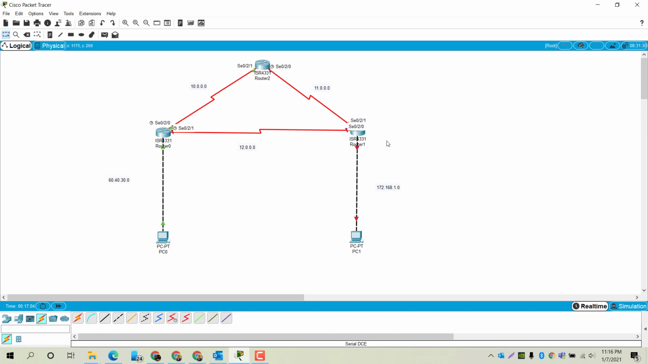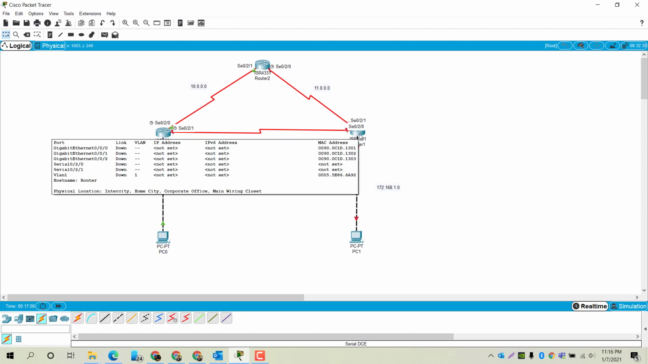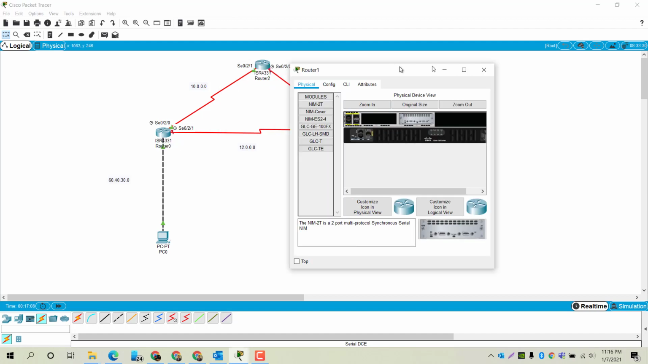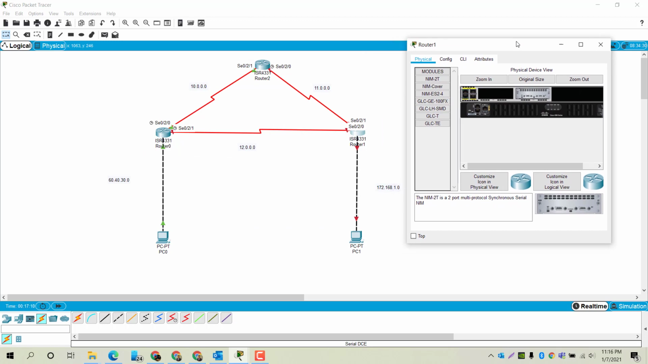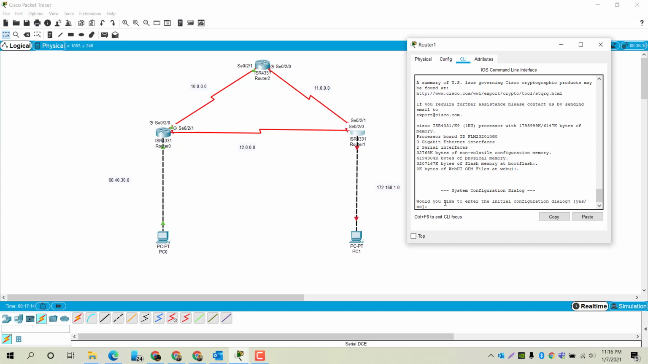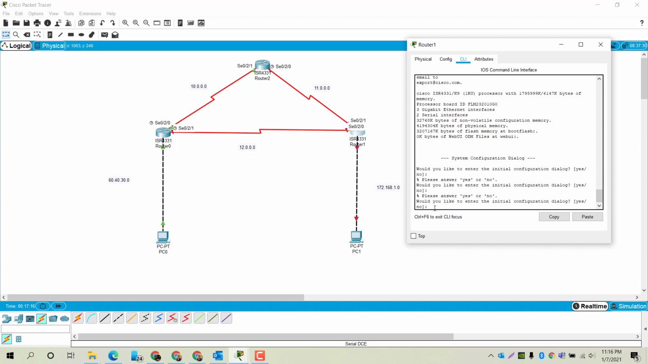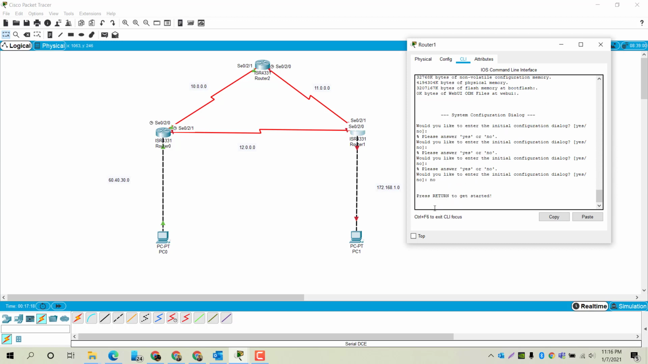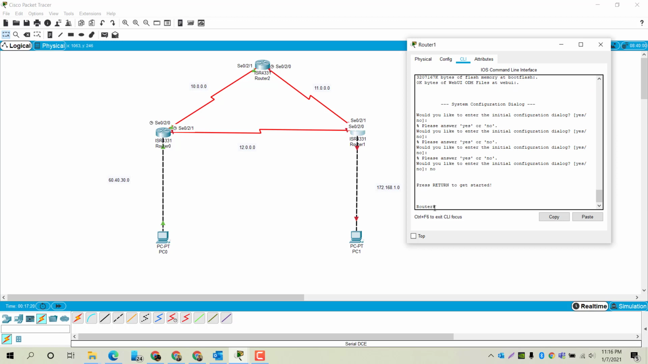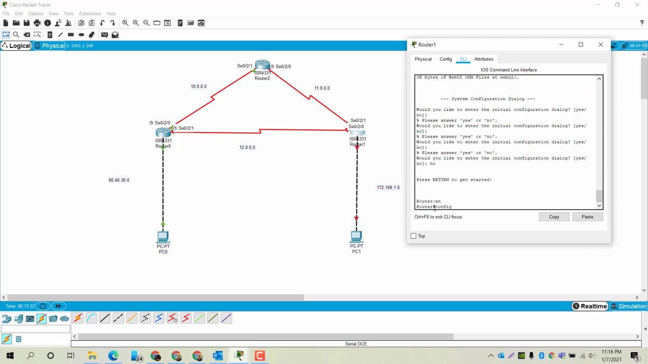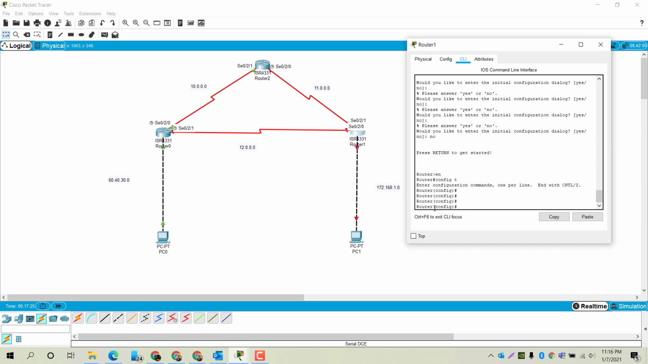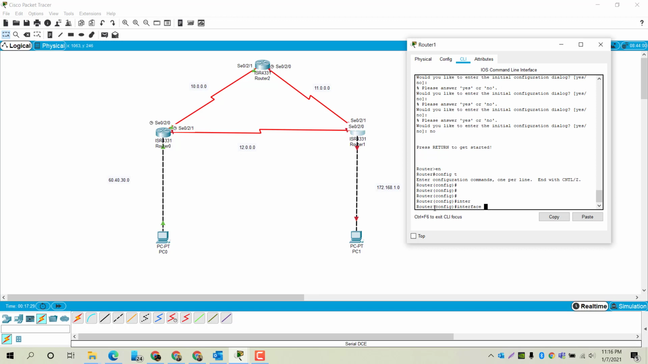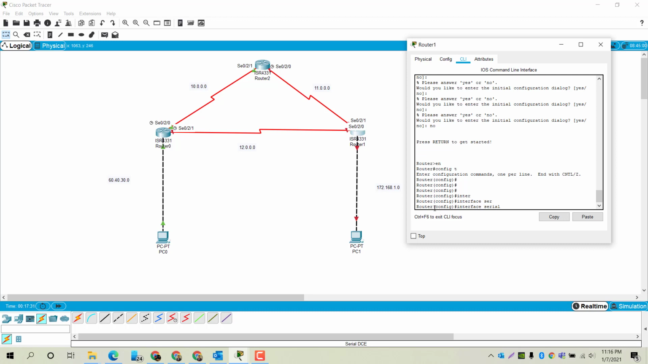Now we need to go to this last router here, which is router 1, and we need to configure all these three links going from this router. So first of all, go to command line and enable, config t, and now we need to configure the interface serial